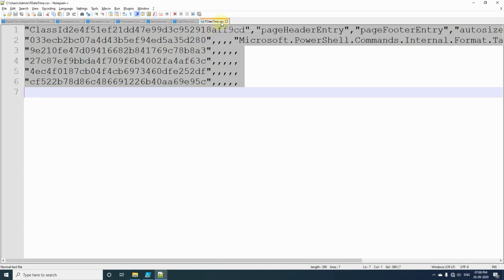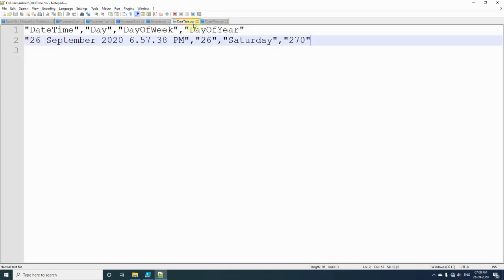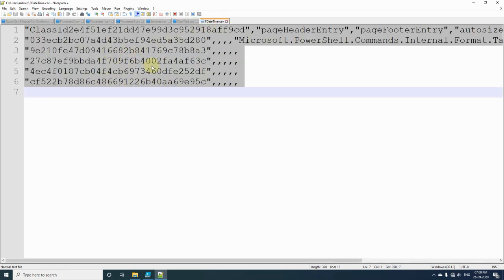In the fdatetime.csv file we have used the format table commandlet, and in datetime.csv we have just used select object. While using select object we get the data properly, but when we use format table, we are not getting the proper data. So while using export CSV we should not use any formatting commandlets.